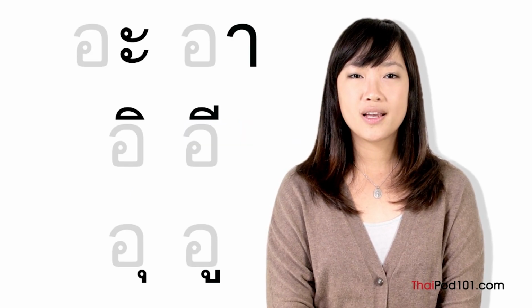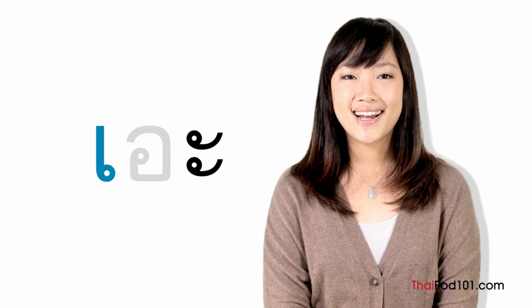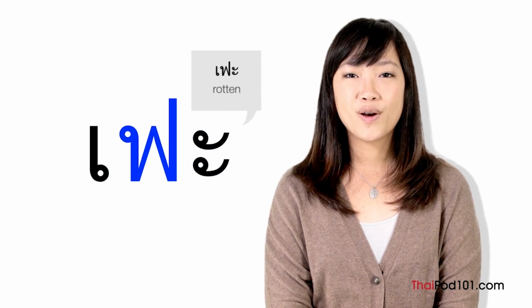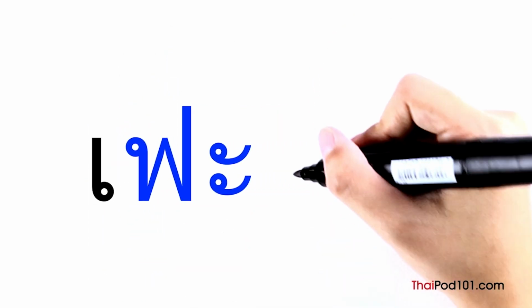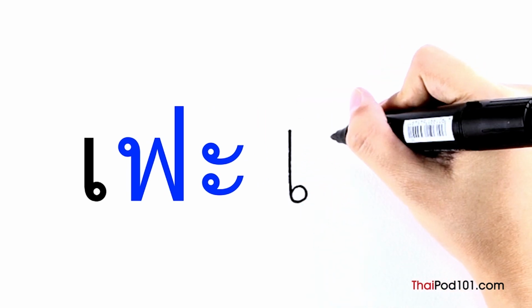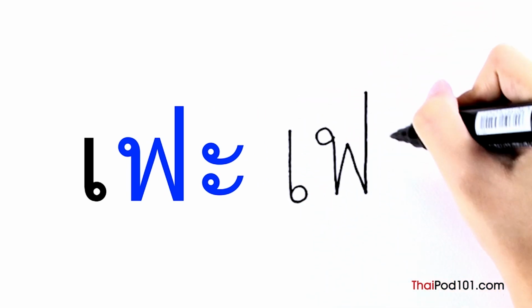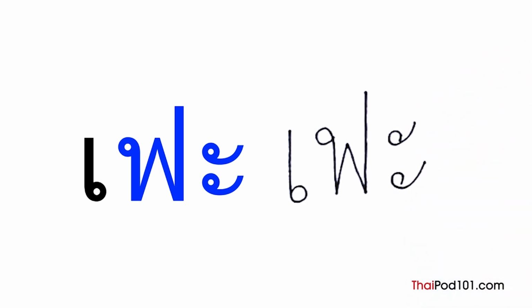Remember that most vowels come in long and short pairs. The shorter version of สระเอ is สระเอะ. It makes the sound e like the E in the word red. สระเอ can be written two different ways depending on whether or not there is a consonant following it. The basic way is to write สระเอ followed by a consonant and then สระอะ. For example, this is the word เฟะ which means rotten. สระเอ ฟอฟัน สระอะ เฟะ